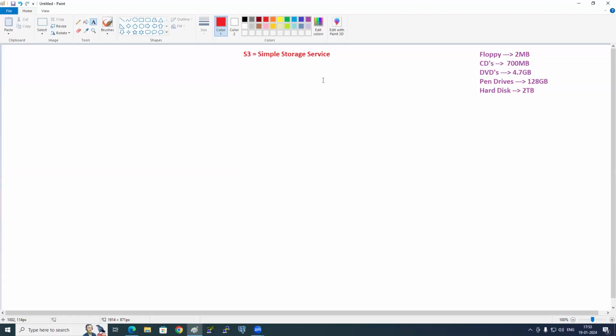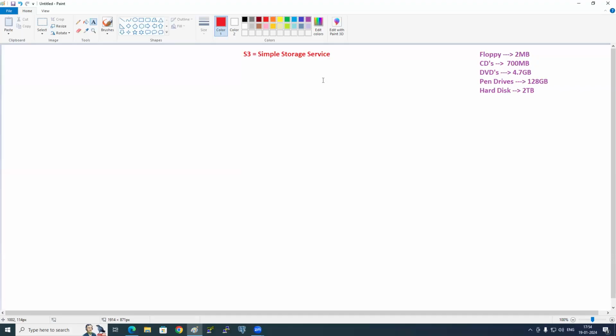And what service is this? Storage service. I'll give you one more example. There is a service to send notifications. Can you form the full form? Service name? Simple notification service. Shortcut? SNS. There is a service which is used to send emails. SES. What is SES? Simple email service. Simple notification service. Simple email service. Simple storage service.